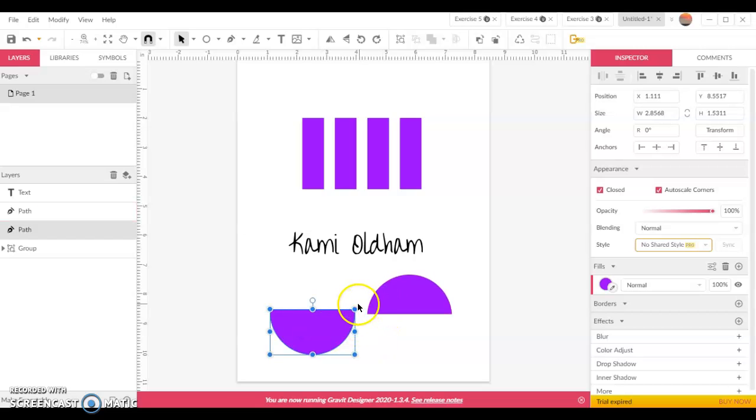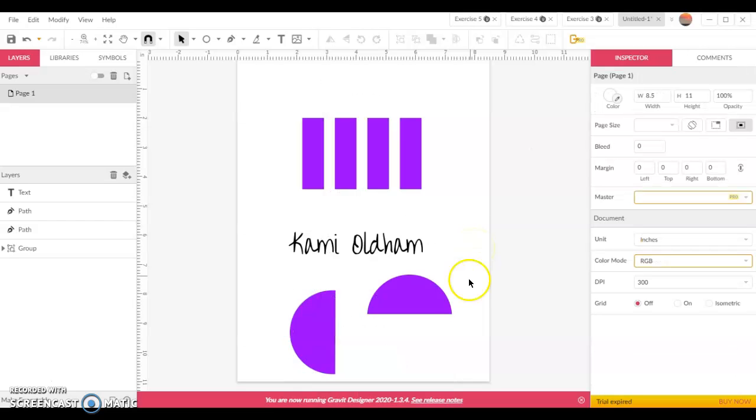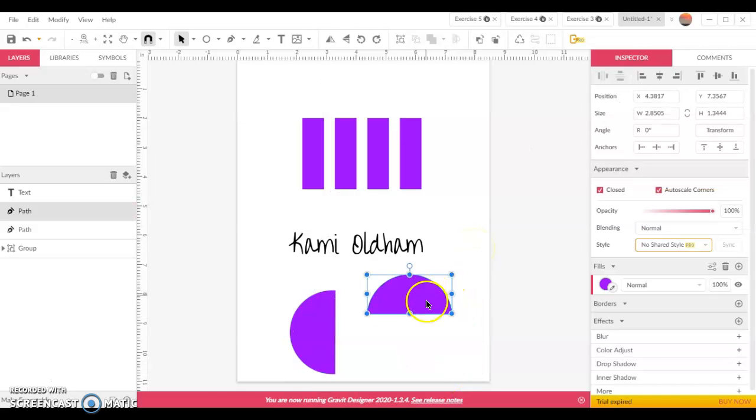And so you'll have to rotate this guy. You can rotate it just using the little handles there on the side. I can also right click on it and choose transform, rotate, flip. You can see those options there. The one thing that we're going to be doing with one of your shapes, and let's do it with this one since it's already vertical, is turning it into a moon. So we're going to get our sub-select tool,